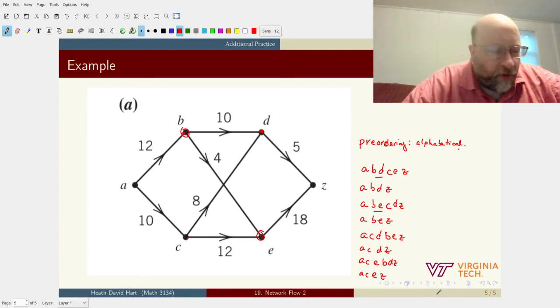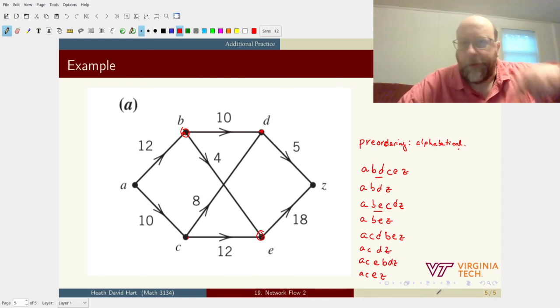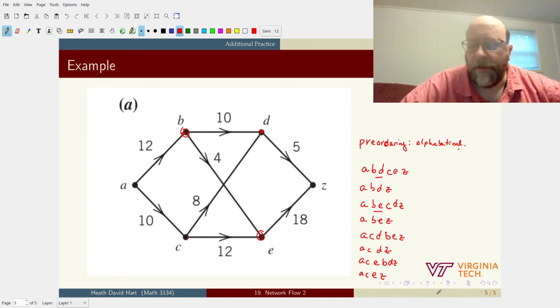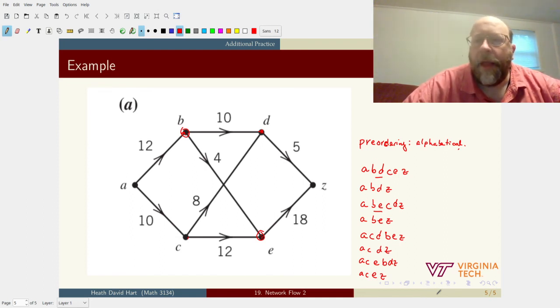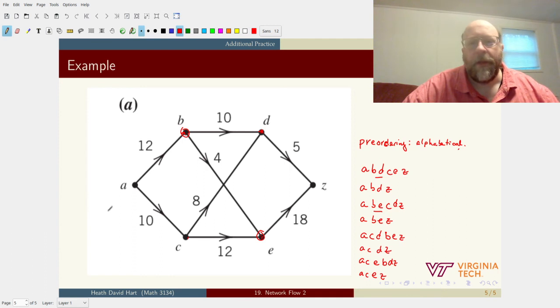Not having cycles is important in this because we don't want to have goods and data just traveling in a loop. We want to actually get to the sink. And so let's start scanning this list and looking for what we can do here. So if we go through this list first,